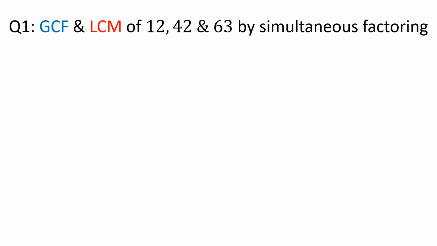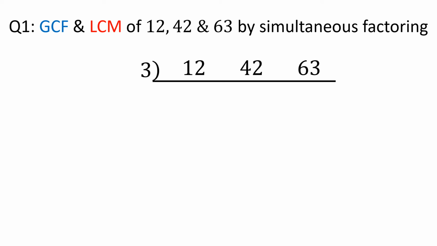Now let's look at the same questions using simultaneous factoring, which is very simple and straightforward. Place 12, 42, and 63 side by side. All three numbers can be divided by 3. 12 divided by 3 is 4. 42 divided by 3 is 14, and 63 divided by 3 is 21. We have 4, 14, and 21, but there is no more common factor for all three numbers, so GCF is